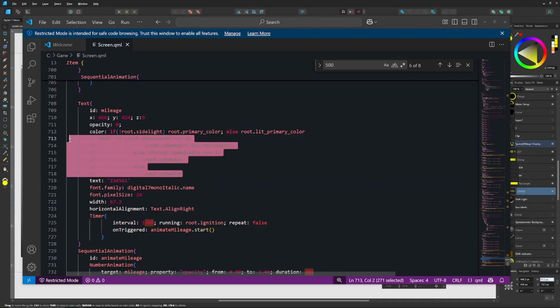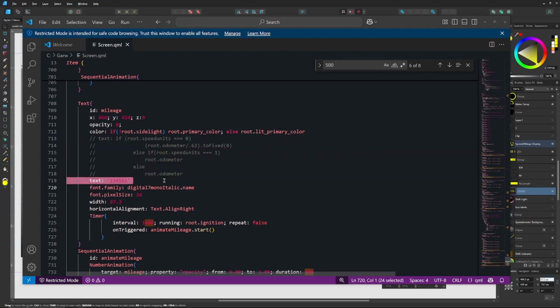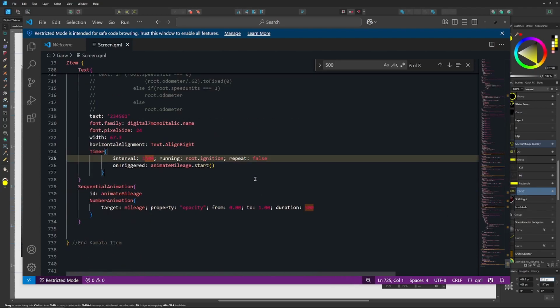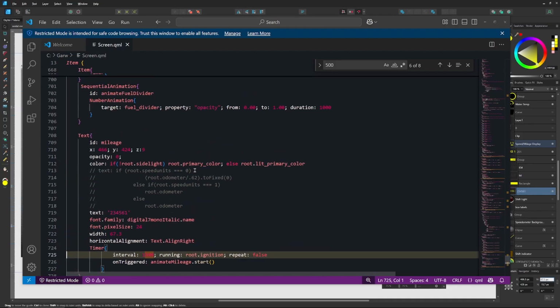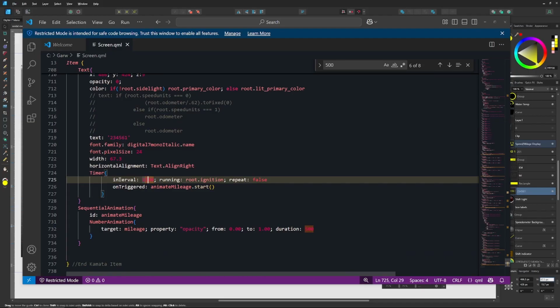So once we actually are ready to save this, we can uncomment this and then delete this out. So we got a timer there. This is also the delay before you actually fire it off. So 1.5 seconds, then it only runs when the ignition's on. It doesn't repeat. And then once it's triggered on that interval, then we fire off the sequential animation of animate